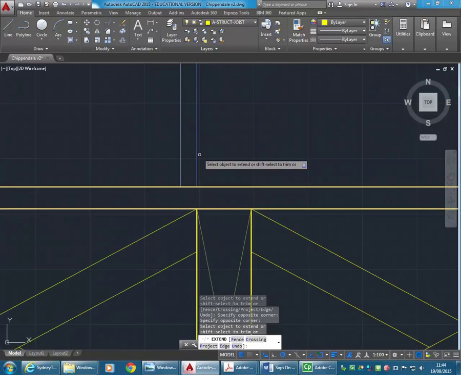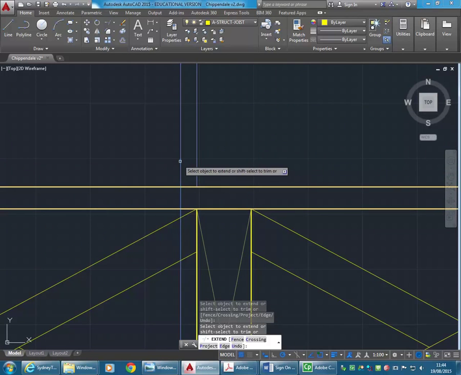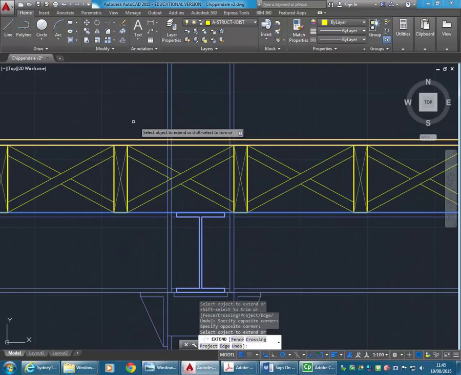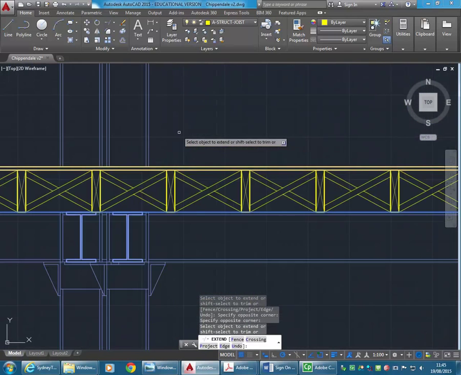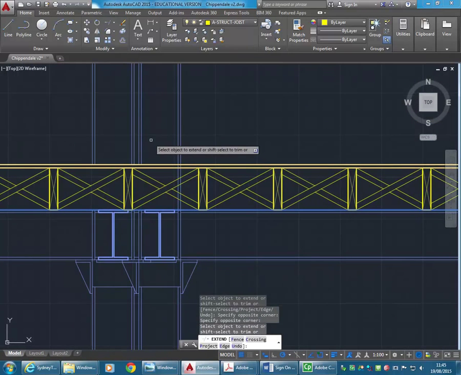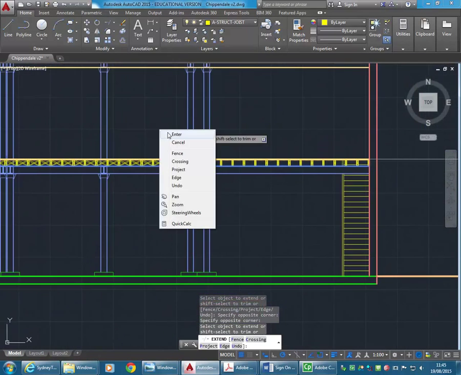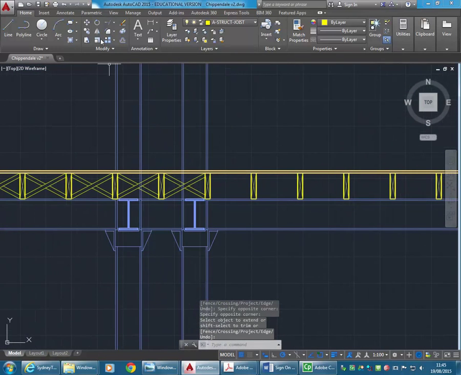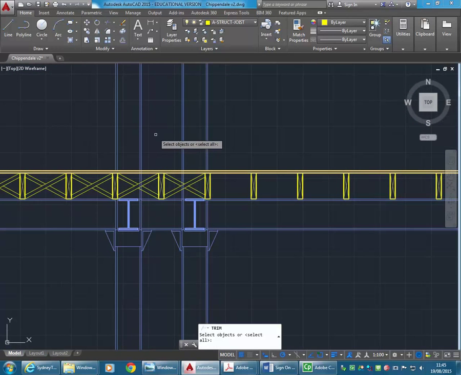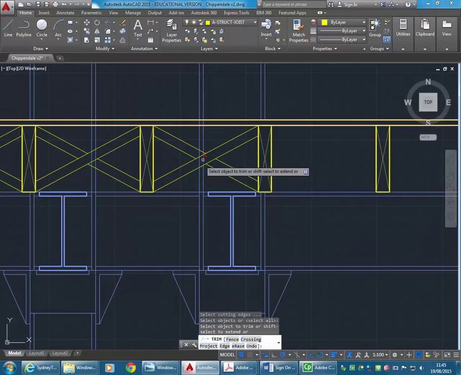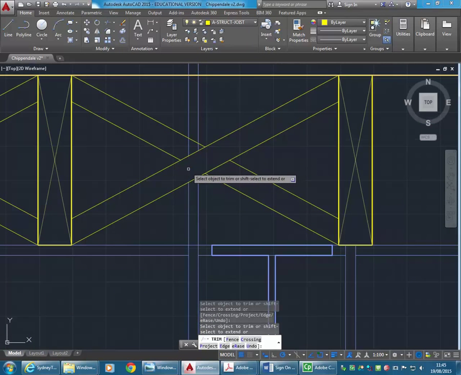That one again is going through the joist, but this one you can see, so there we are. And now again, using trim, instead of selecting cutting edges, I'll press enter this time, and can just go along clicking on the bits to take away,